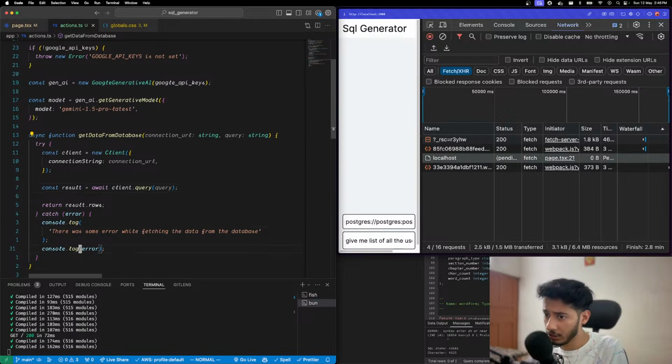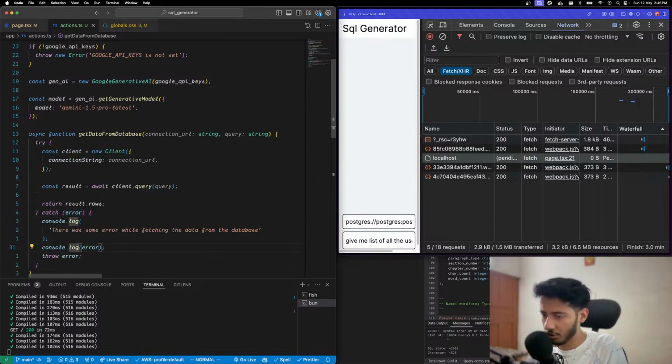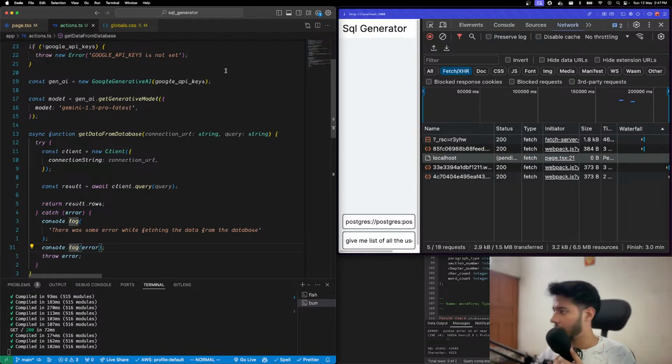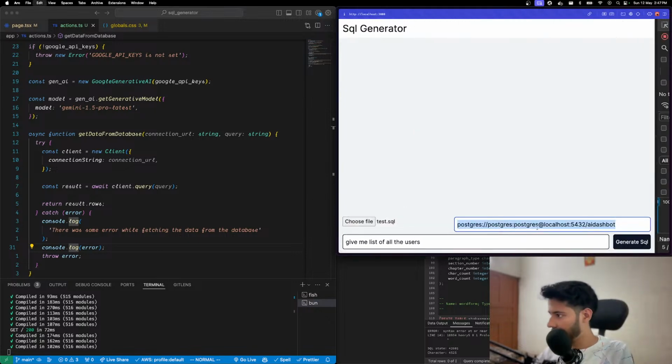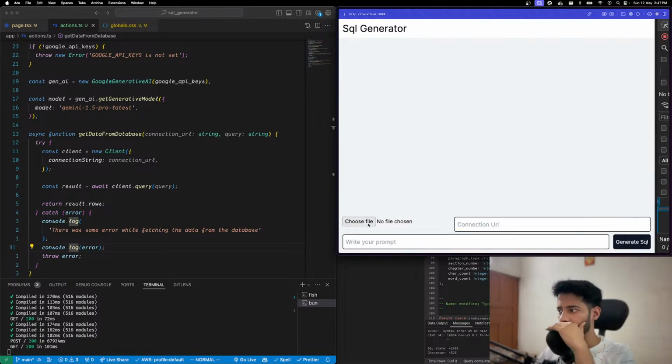Okay, we are logging this, but we are not throwing the error. I think there was some error over here. I'm pretty sure about this. So now we might be able to do it. So let's copy this stuff. Let's refresh stuff. So we'll just take this again, paste this again, and give me list of all users,